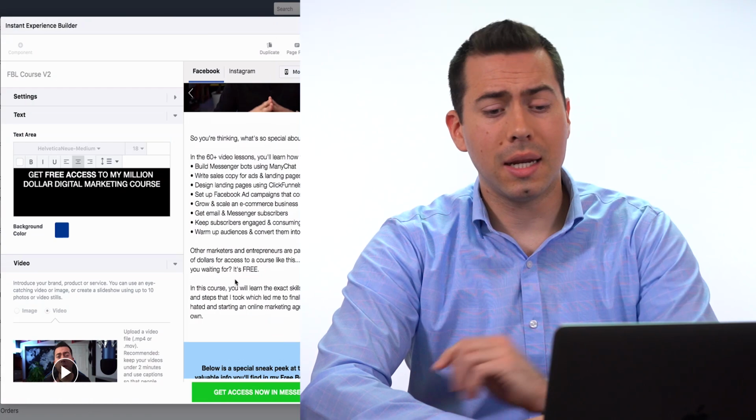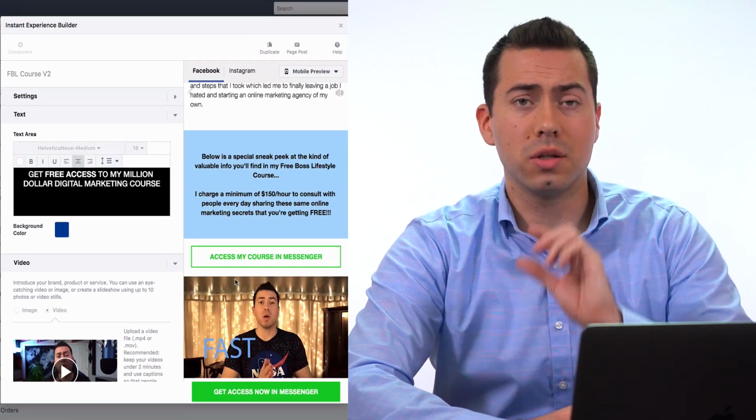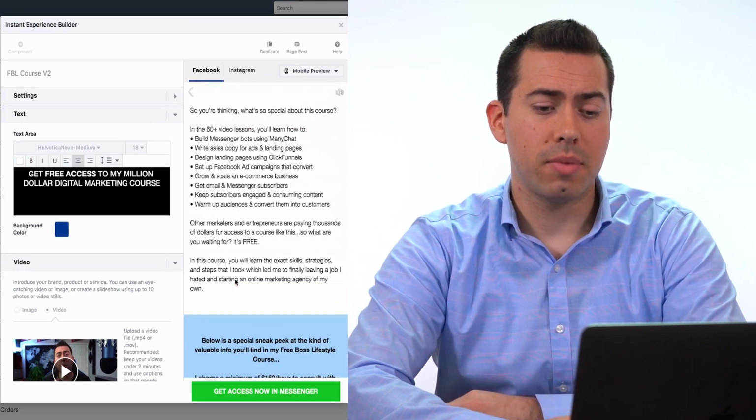Now this actually links them into Messenger. So we're using the Messenger ref URL, linking them into Messenger. It actually worked fairly well. There are some issues with the Messenger ref URL. Sometimes you gotta use a keyword because it doesn't always fire the message and stuff. Also, you can pin a button to the bottom of the screen. So if you look down there, you'll see that there's a button just static at the bottom as I scroll